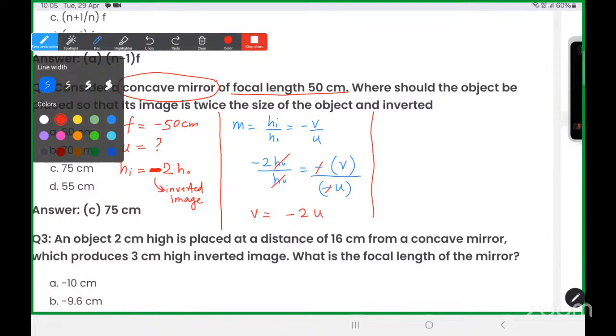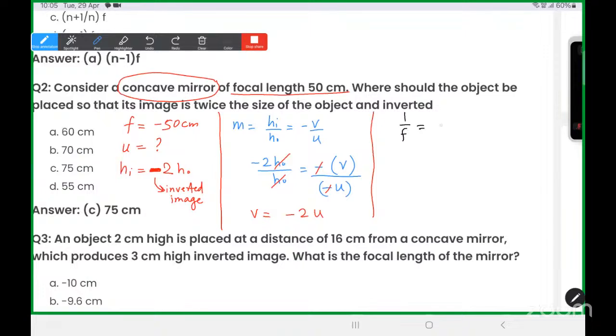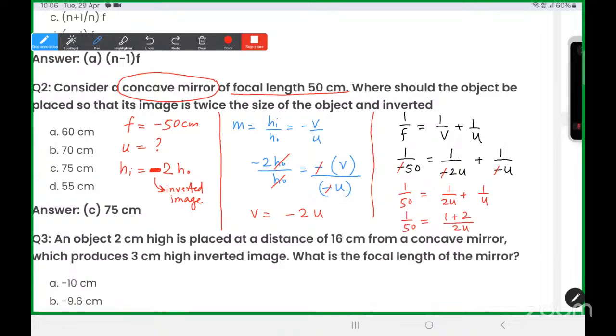v = -2u की वैल्यू हम लोग मेन फॉर्मूले में रखते हैं, 1/f = 1/v + 1/u। f की वैल्यू कितनी है, -50। v की वैल्यू कितनी है, -2u, और u की वैल्यू -u रख दूंगा, क्योंकि ऑब्जेक्ट तो लेफ्ट साइड रखा जाता है, इसके लिए माइनस रखा। अब देखो ये तीनों नेगेटिव कॉमन लेके कट हो जाएगा। 1/50 = 1/2u + 1/u। एलसीएम लेके सॉल्व करेंगे। 1/50 = (1 + 2)/2u आ जाएगा। तो आप देख सकते हो नेक्स्ट स्टेप बनेगी 2u = 3 × 50। तो 2 से ये 25 हो जाएगा। 25 का 3 × 75 सेंटीमीटर इज द आंसर। 75 सेंटीमीटर इज द आंसर।